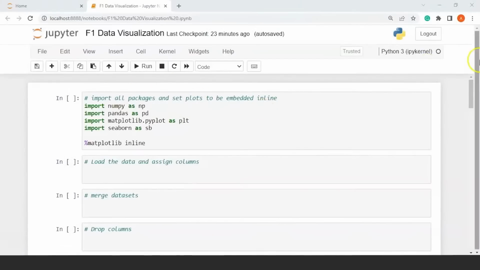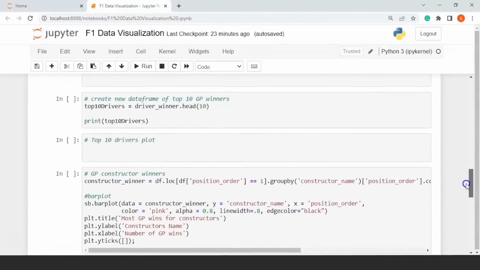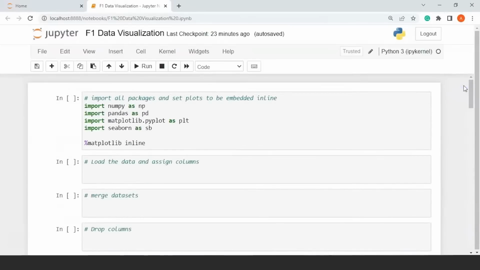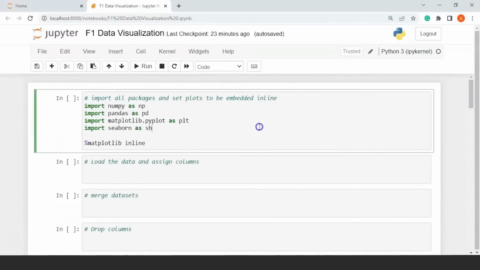Here is my Jupyter Notebook that I'll be using for this demo. You can see some of the cells are already filled. This is just to make sure we save some time. So using these datasets that we just saw and our libraries such as NumPy, Pandas, Matplotlib, and Seaborn, we'll answer